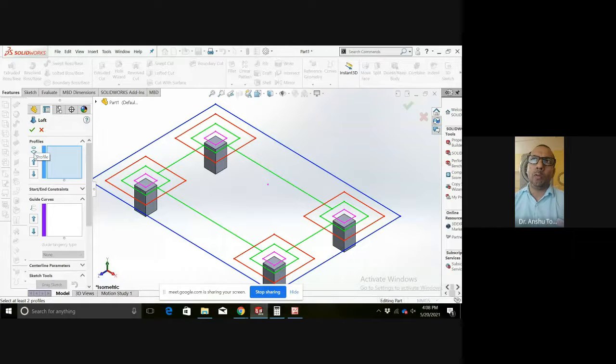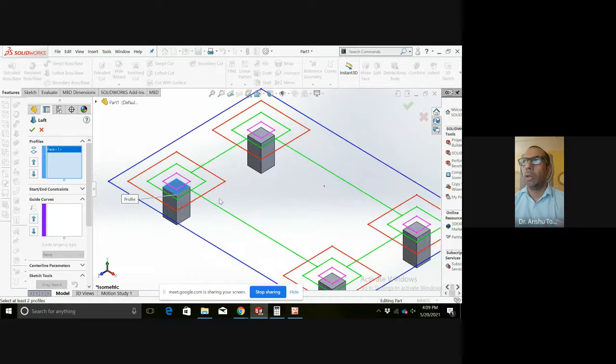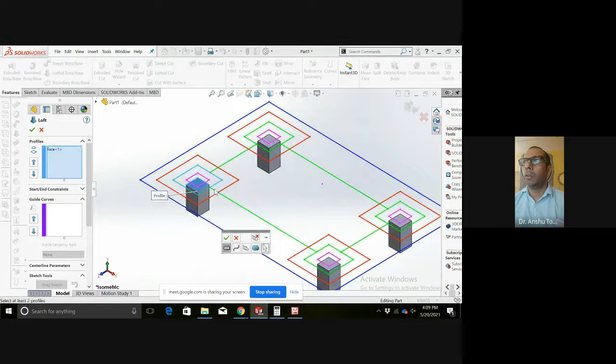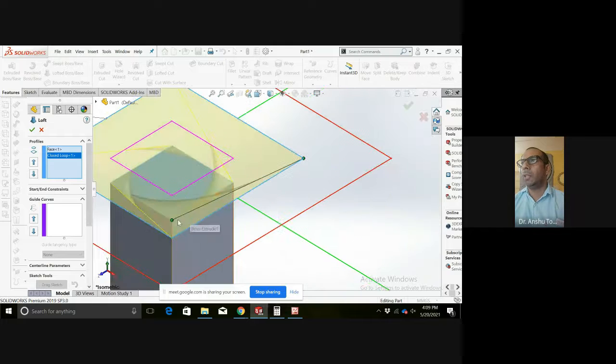We require two profiles for any loft to develop. So I will try to use these. I will have to adjust these.